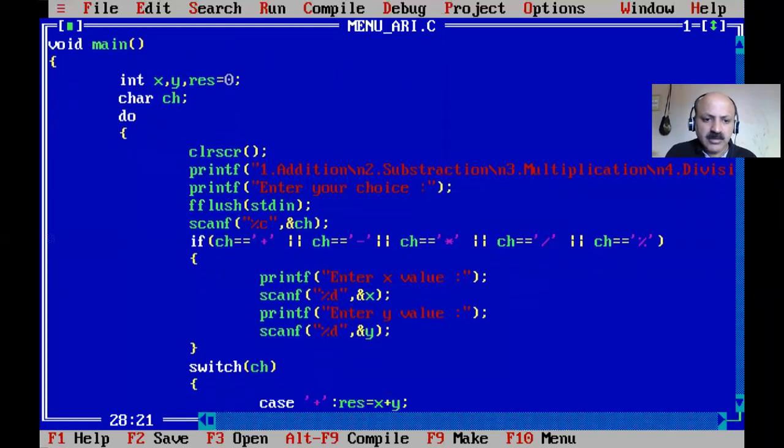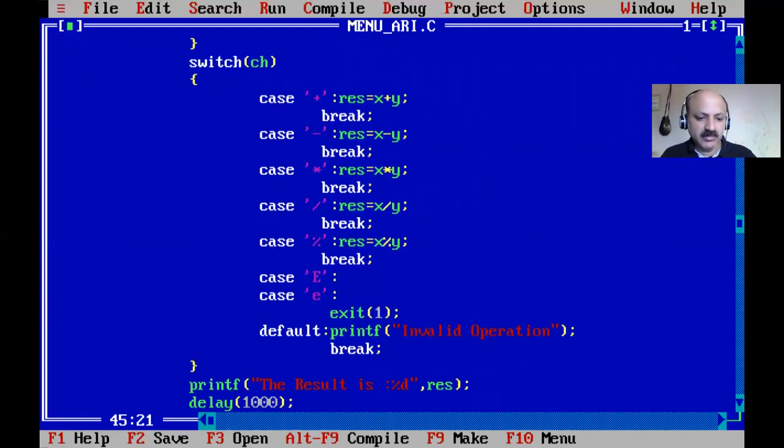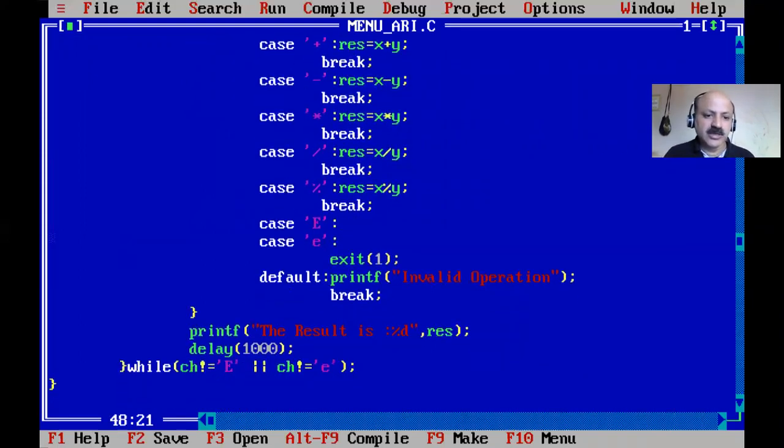And we can provide the choice, yes, there is a mistake, because we generally give the choice in a menu as 1 2 3, but here the choice is a plus sign, then it works well.